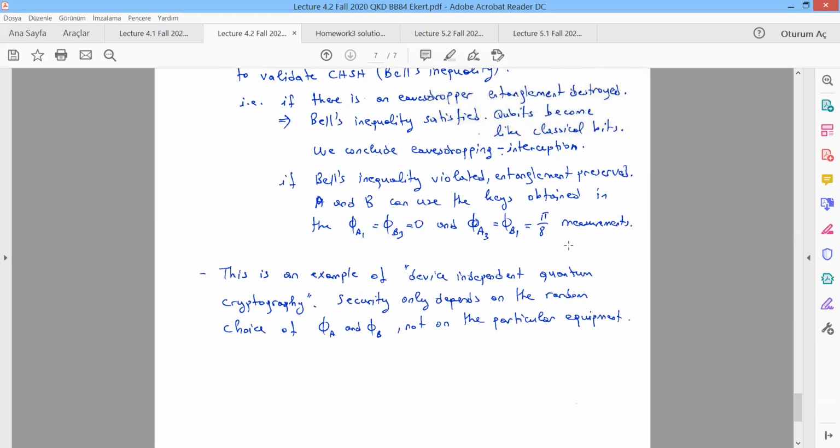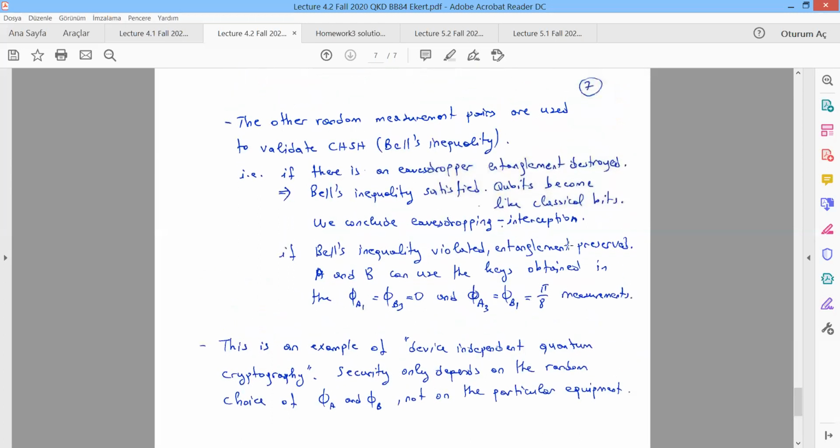So the security of this protocol does not depend on the particular equipment, but only depends on the random choice of phi sub A and phi sub B, the choice of the measurement angles that Alice and Bob use. Are there any questions on the quantum key distribution, the Ekert protocol in particular? I want to ask you